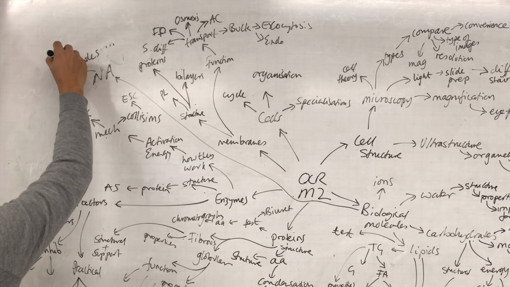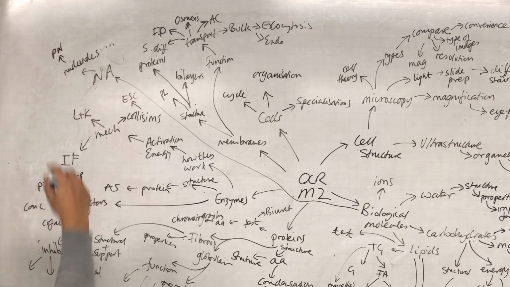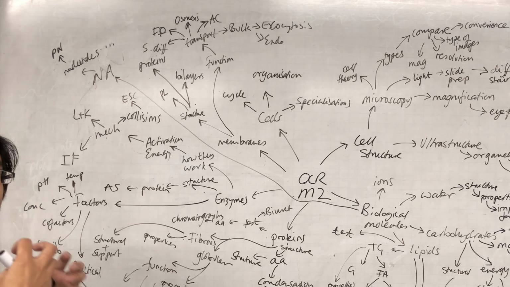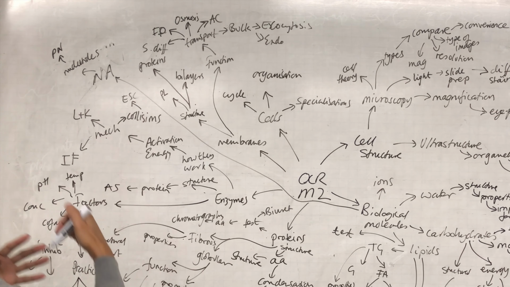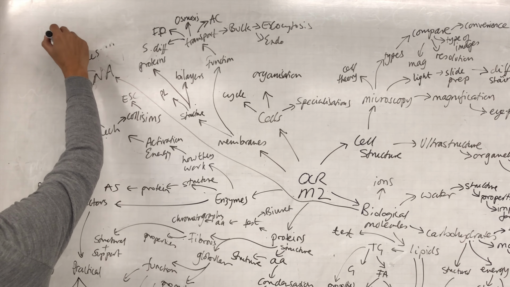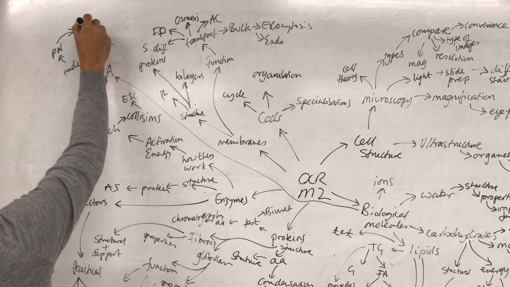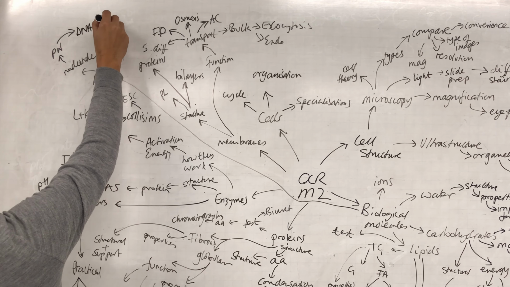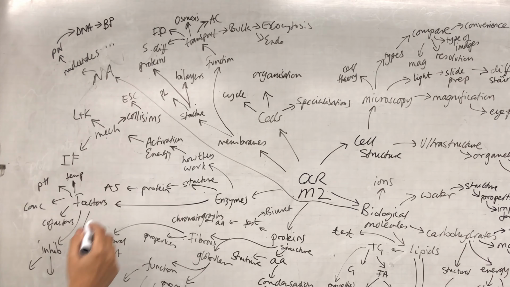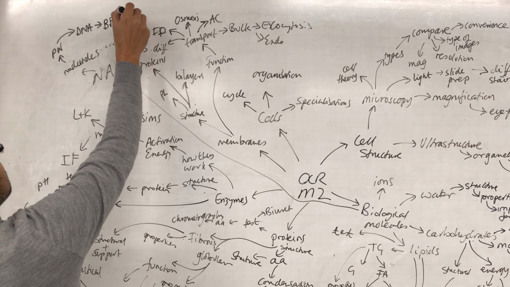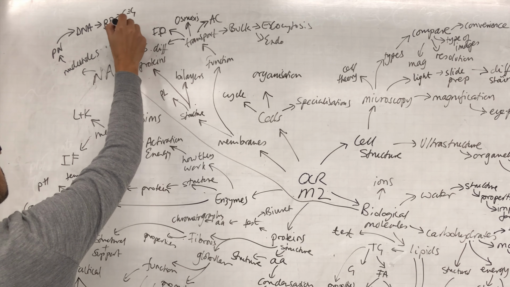Nucleotides then undergo condensation to form polynucleotides. Many nucleotides join together through condensation reaction, phosphodiester bond formation. Okay, but then polynucleotides could be of different types. So you could get DNA, right? Now DNA has the base pairing, okay? So the base pairing being C and G, I think, with the 3 bonds, and A and T with the